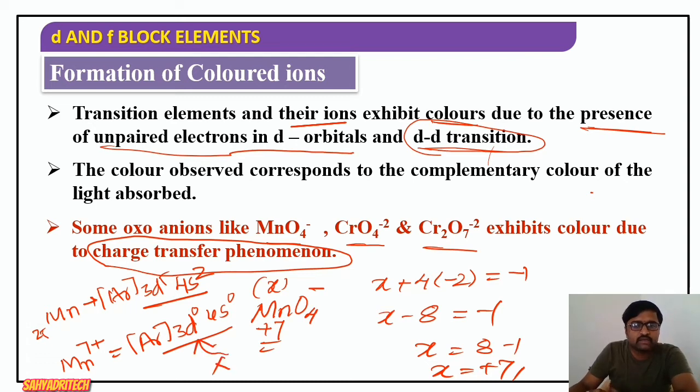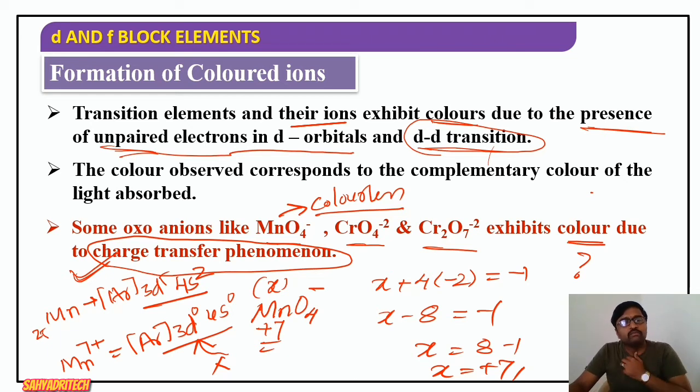There is no electron. It is a d0 configuration, which means as per our expectation, to exhibit color there must be an unpaired electron, right? Yes, there is no electron at all. Then what can we predict here? MnO4 minus must be colorless. Yes or no? As per our explanation, it must be colorless. But MnO4 minus does exhibit color. How does it exhibit color? It is because of charge transfer transitions, or I can say the charge transfer phenomenon.